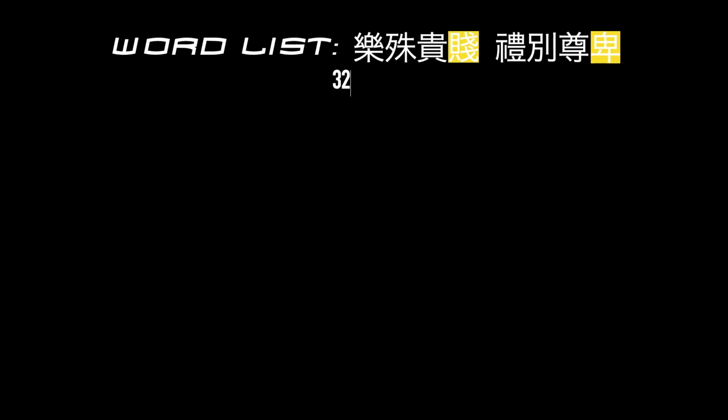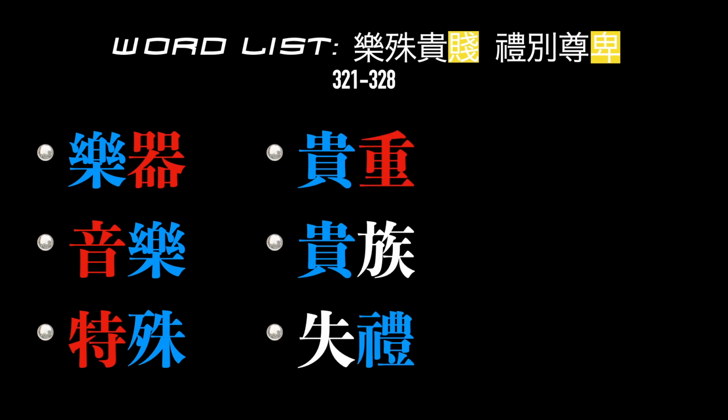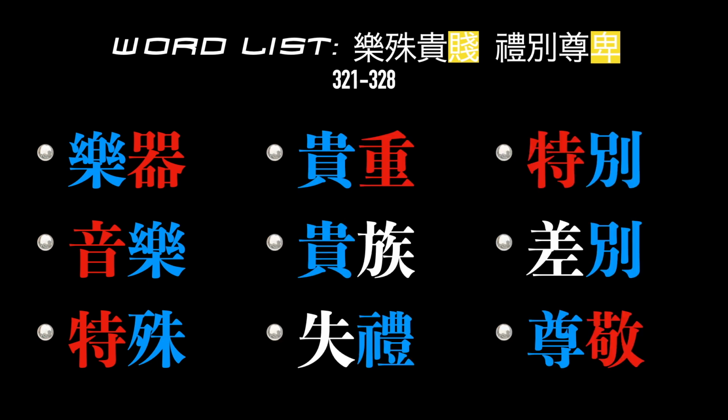Based on the 8 characters of these 2 lines, I've come up with a word list. I've tried to select words that are common and relevant to Japanese, Korean, and Chinese. For the characters highlighted yellow at the top, I haven't found any suitable examples, so they don't appear in this vocabulary set. That usually indicates a rare character. The ones that are blue appear in this set of 8. The red ones appear elsewhere in the classic. The white ones are not in the classic. Now you'll hear the words spoken in each language.